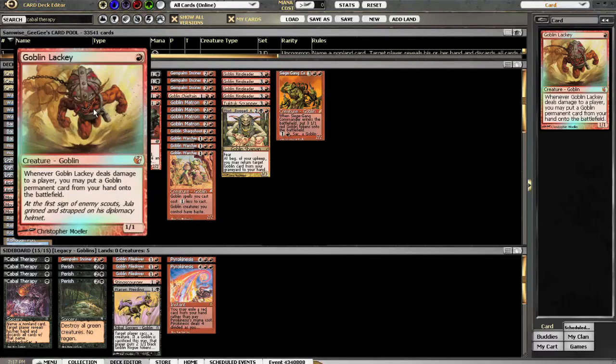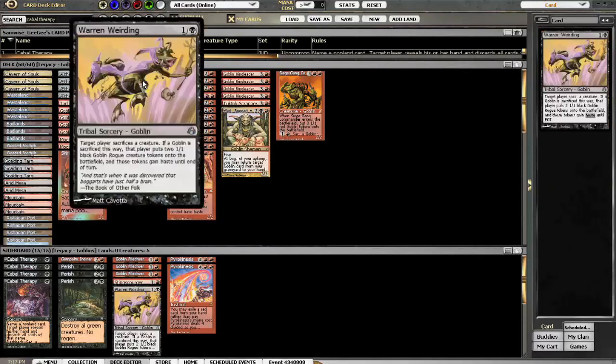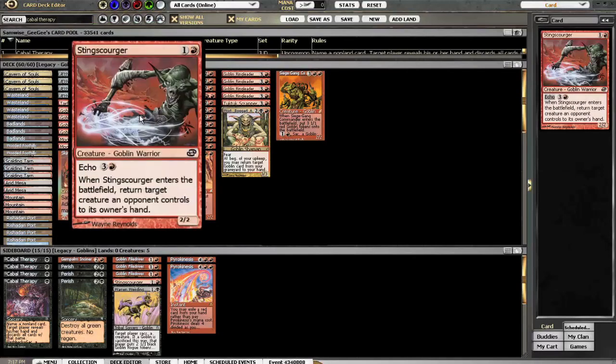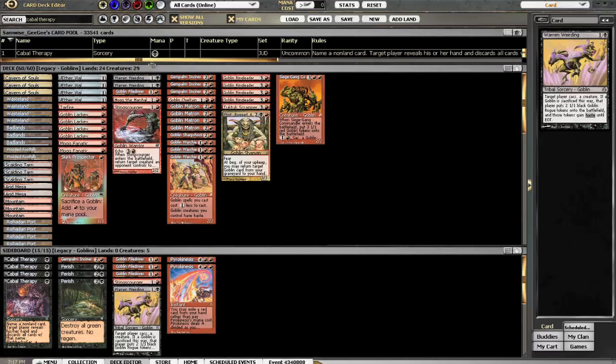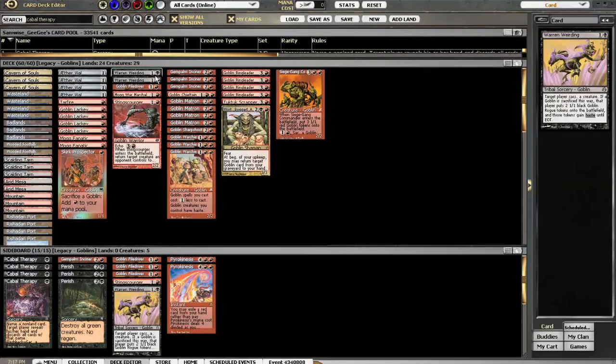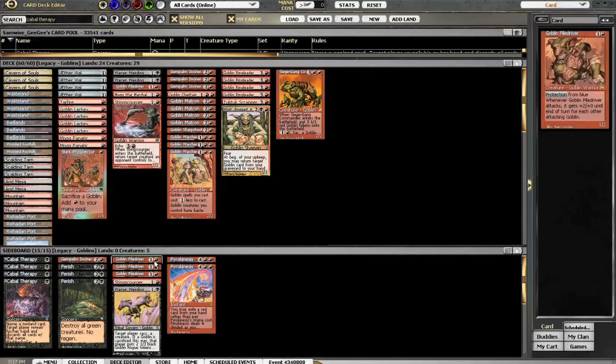So Lackey's important. Fanatic kind of sucks here. Prospector is okay. Weirding is garbage versus him as a Stingscourger, because he has no creatures except for Entreat the Angels. And honestly, if he's entreated for 2 or 3, I've probably lost the game, or I'm in really bad shape. So, for post-board games, I'm probably boarding out Gempalm Incinerators, Tarfire, for 4 Cabal Therapy, 3